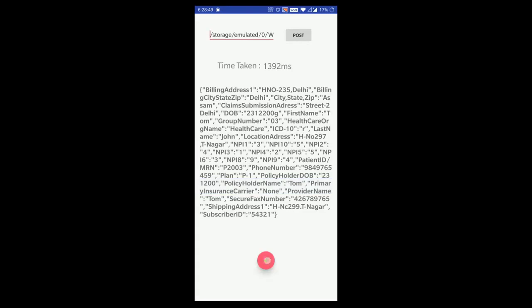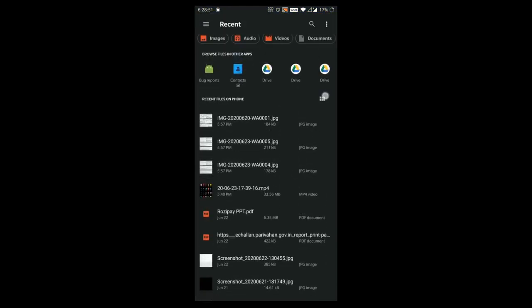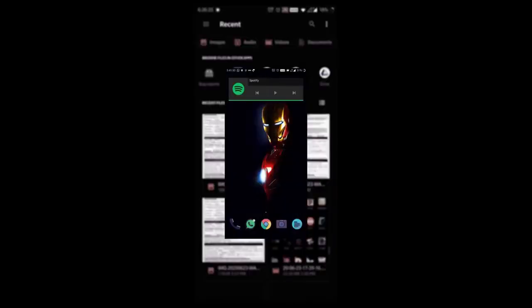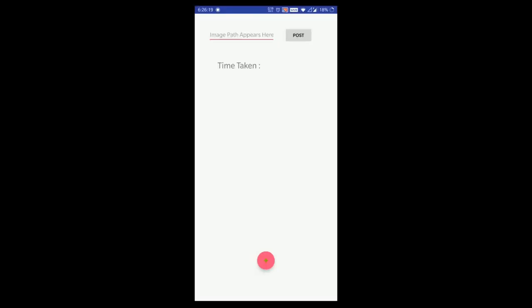Now, the most important point: what if we upload an image which is not a textual image, which does not have any text field? I'm uploading an Iron Man image right now for your reference, and we should be getting nothing as a result. So our system recognizes that clearly as well, and the time taken to do this is 1, 2, 3, 4 milliseconds, and we got nothing out there.